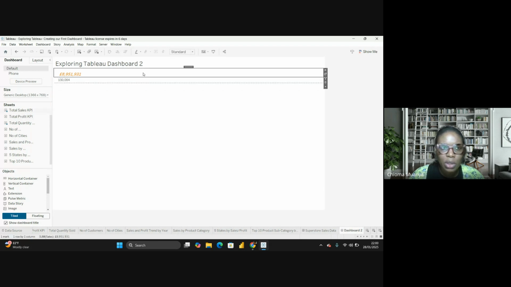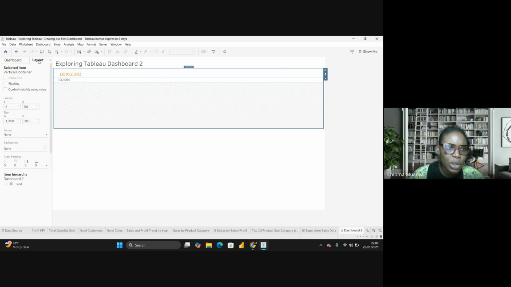I'm trying to resize this now. I go to layout and I reduce the width.